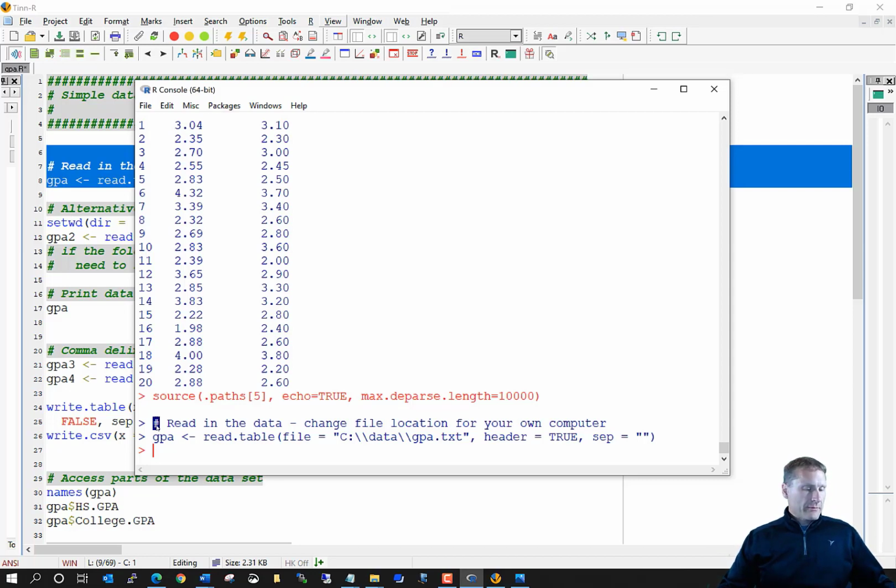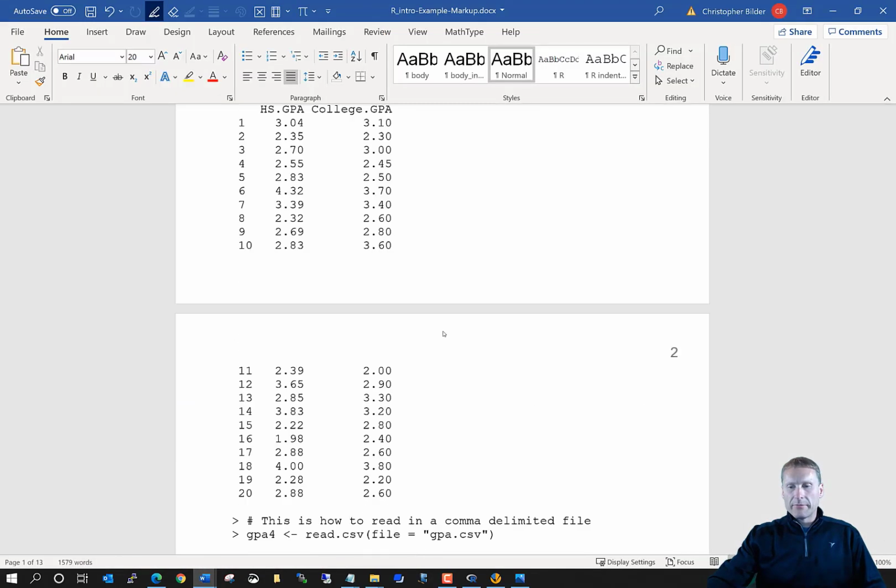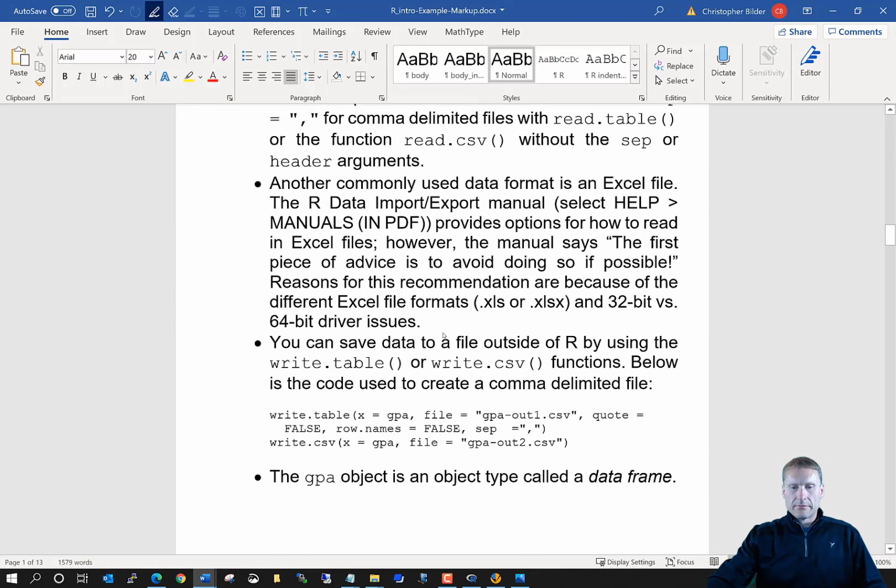Okay, let me actually go into the notes here. So we're on page 4 now. What about data that is in an Excel file? Can you read that into R? Well, yes, you can. Do you want to? Probably not. The reason why I say that is because often there can be problems with working with Excel due